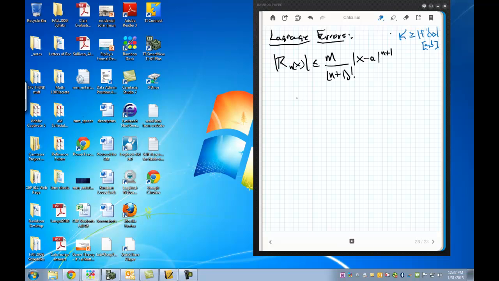Well, we're going to define M similarly. M is going to be greater than or equal to the absolute value of the n plus first derivative of f of x on, now think about this, the interval where the absolute value of x minus a is less than d. All right, so